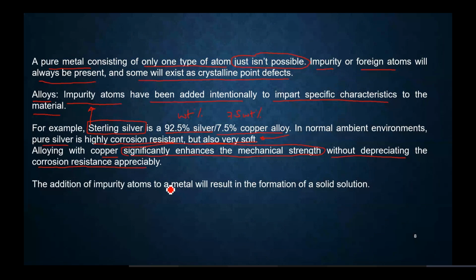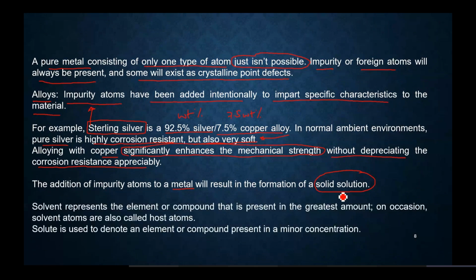Now, the addition of impurity atoms to metal will result in the formation of a solid solution. We have heard the term solution so many times, but solid solution is a term which we are not familiar with. What is a solid solution? We'll be looking into that. What kinds of different solid solutions are there? They are essentially characterized as defects because these solid solutions disrupt the perfect crystalline order. In solid solutions, as in the normal solution, sorry,